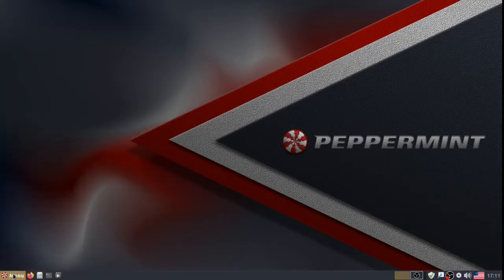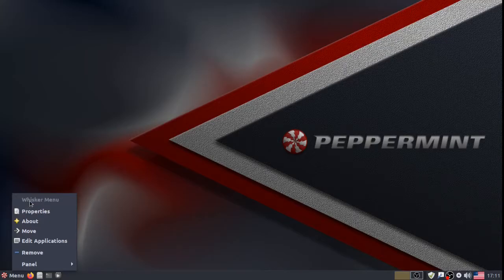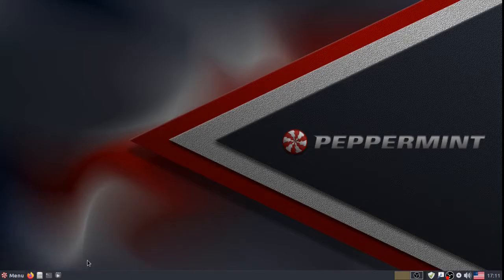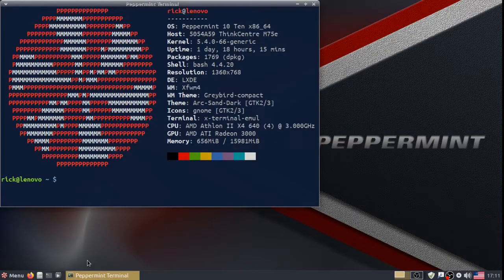Yeah, if you click on this, the whisker menu right there. It's using whisker menu. So it's got this LXDE desktop, and you can see that right there: LXDE desktop with XFWM4 window manager. And the interesting thing about that is it's actually got a touch of Cinnamon on it. It uses the Nemo file manager,